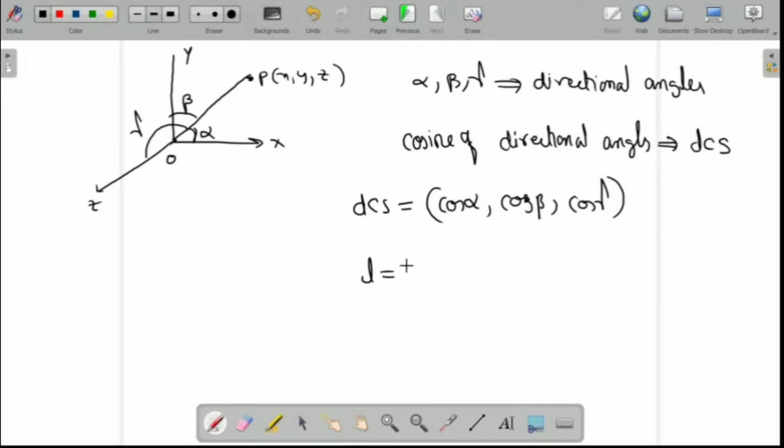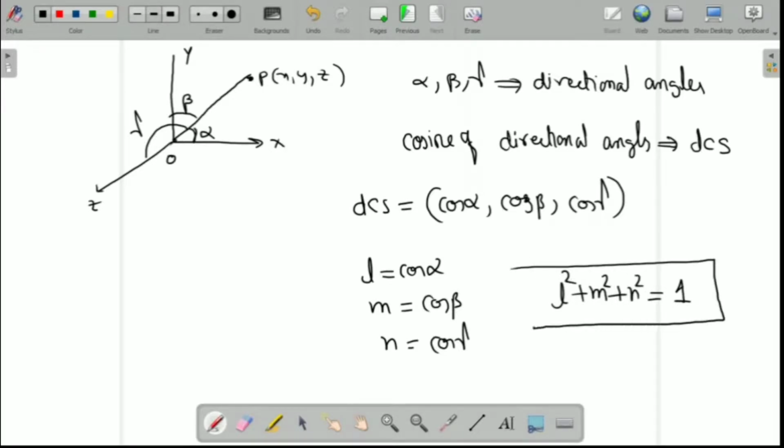Now L is equal to cos alpha, M is equal to cos beta, N is equal to cos gamma. Then we have a relation: L square plus M square plus N square is equal to 1. When will we use this? If we know the angles with respect to the x-axis, y-axis, z-axis, then we can write the DCs directly: cos alpha, cos beta, cos gamma. Okay, next,